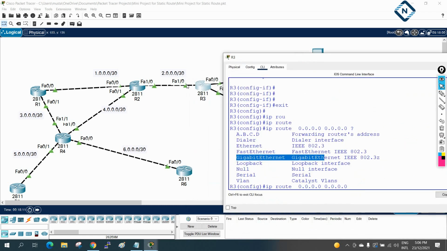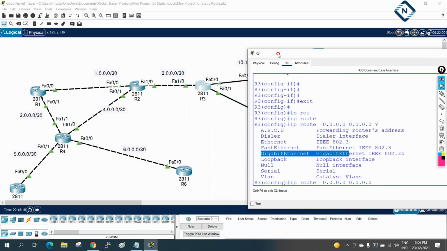We want them to leave this side, right? So we can leave here also, or if you want to assign, we can put this IP also. Like I am saying, if anything is coming for 0.0.0.0, forward the traffic to this IP. So I can give this IP, the easy way, as we were doing before. Or if we want to define our interface, we can define our interface also, saying that if anything is coming this way, forward that to F1/0.